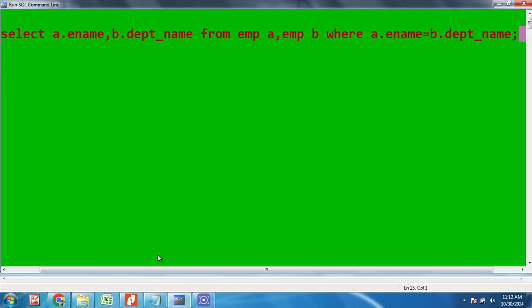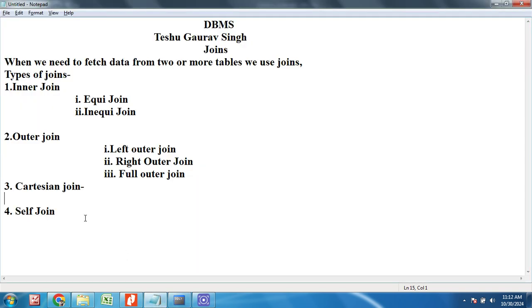Now look at the self join. What is self join? We fetch the data from two different tables, but the name of the two tables is the same. We are using the same table, the emp table. It will be treated as two different tables, but we are matching the data from two different columns of the same table, but we will treat the same table as two different tables. How will we treat that? Just look at that. We will use the alias function.